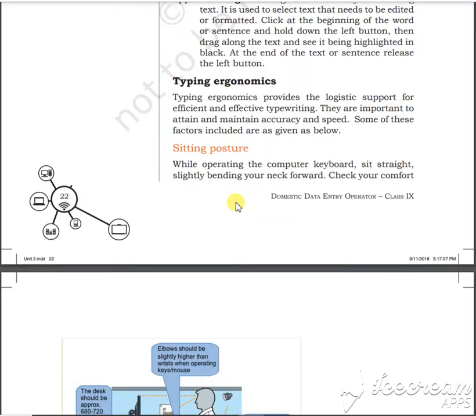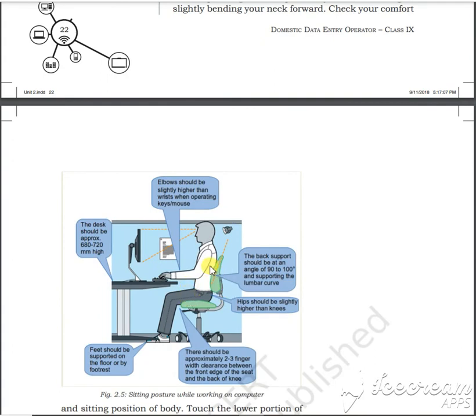So this is the position. How are you going to sit? This is your right posture of sitting. Your chair should be straight, you should sit straight. This should be your viewpoint and view position, isn't it? Light should be from the back side to the front. The desktop should be of 680 to 720 millimeter height, isn't it? Your elbow should be slightly higher than the wrist and operator. See here, slightly higher than the wrist and operator. You should be slightly straight. This is the position in which you're going to sit.